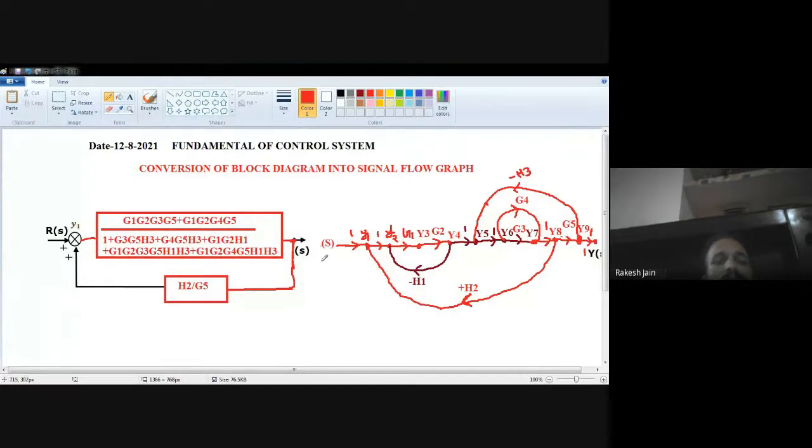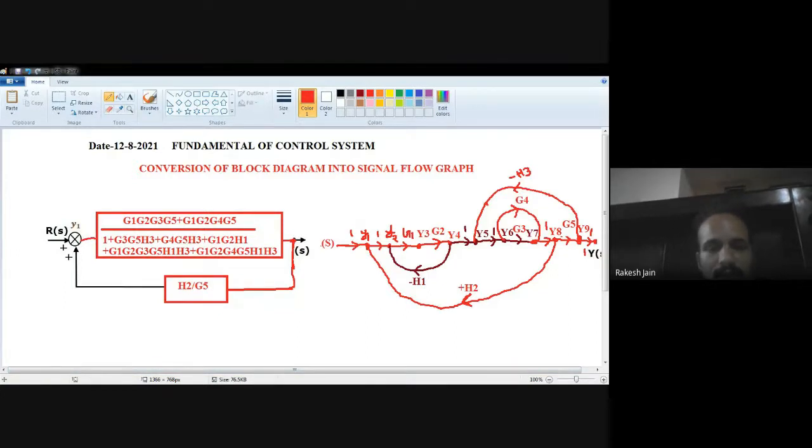Okay. Now see, there is a feedback, and we have to solve that feedback, and that will be our final answer. And we have to find out the same answer with the help of signal flow graph method. So first of all, the forward gain is this term, and the feedback gain is this term. When we solve, it is forward gain divided by 1 plus or minus forward into feedback. That is my rule.